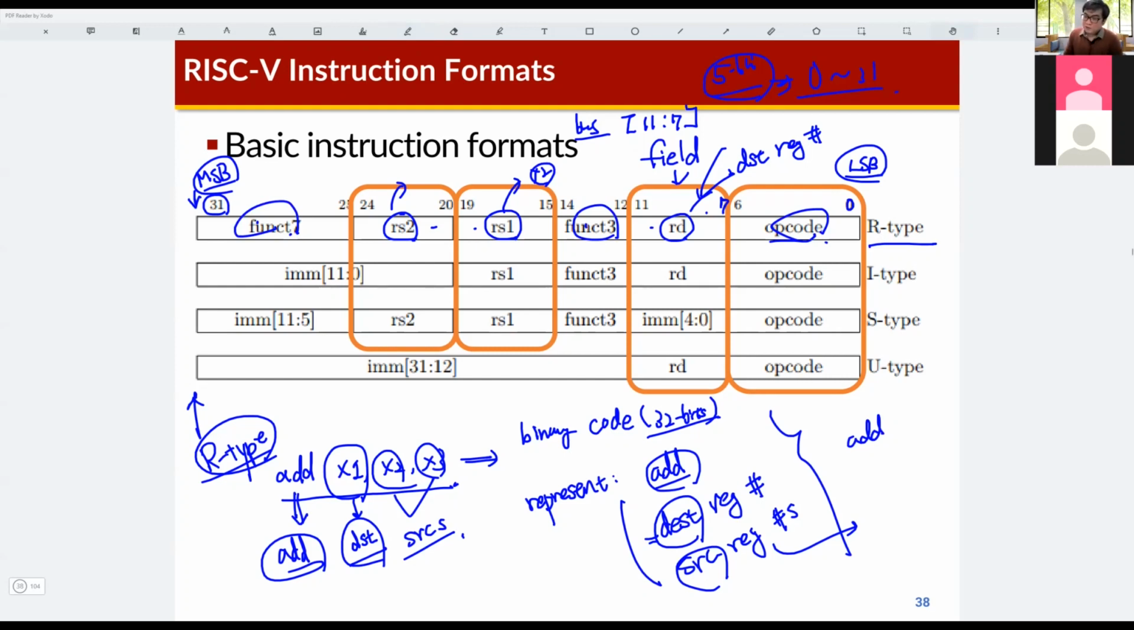So this is the R type instruction. Also, there are some additional instruction types such as I, S, U type instructions. And then you can find several fields in these different types of instructions. For example, the I type means the immediate. So we can add the immediate values here,